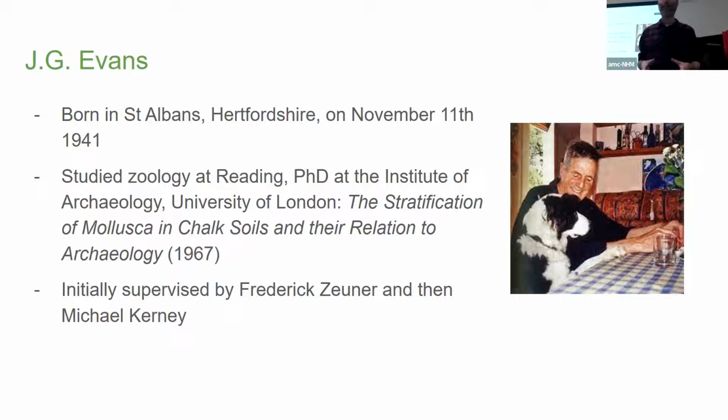So he came to the Institute of Archaeology here in London, nowadays part of UCL, to read for a PhD, which was initially supervised by Frederick Zeuner. Zeuner was a polymath. He was the world's first professor of environmental archaeology. He was famed especially for his studies on insects, on vertebrate zooarchaeology, and also in his role in introducing radiocarbon dating into archaeology. So a very key person to whose influence he fell into. Unfortunately, Zeuner died in 1963 at quite a young age, 58.